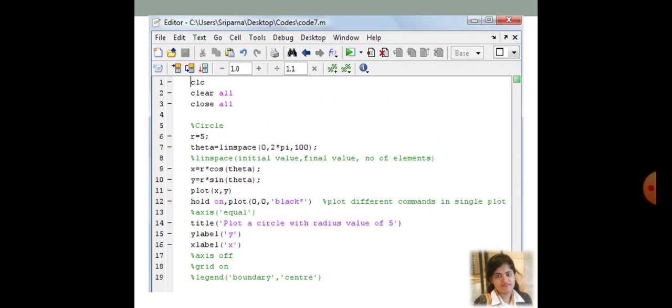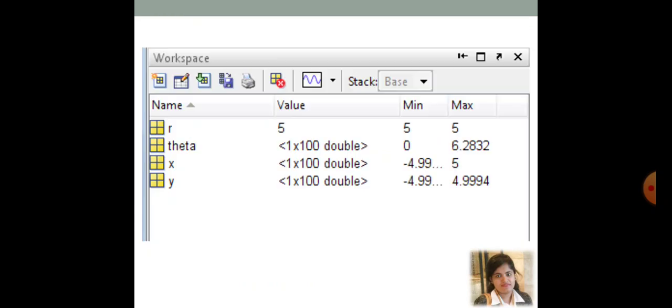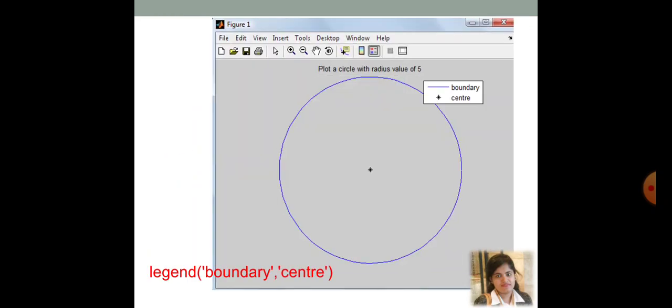So the first plot is for the boundary, and the second plot is for the center, as line number 12 has been given. So in the legend function, the name I am going to give to the first plot is boundary, so within single quotation marks I have written boundary. Then for the center I have plotted, it is center.